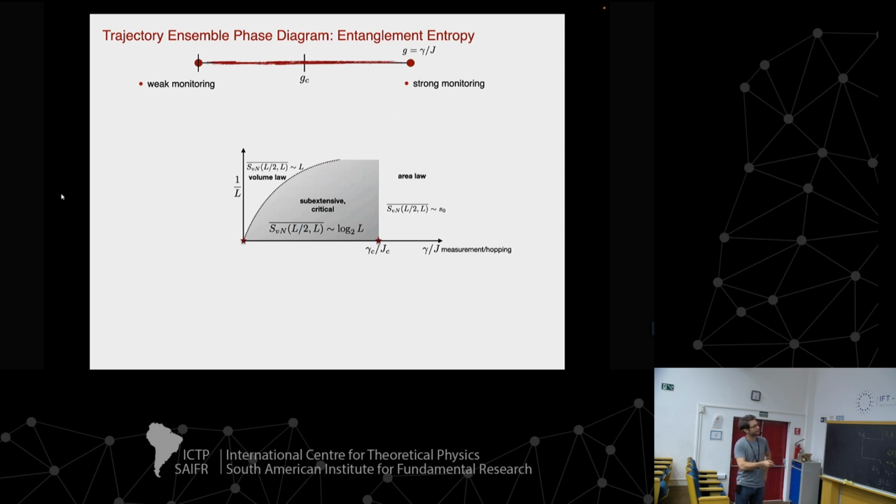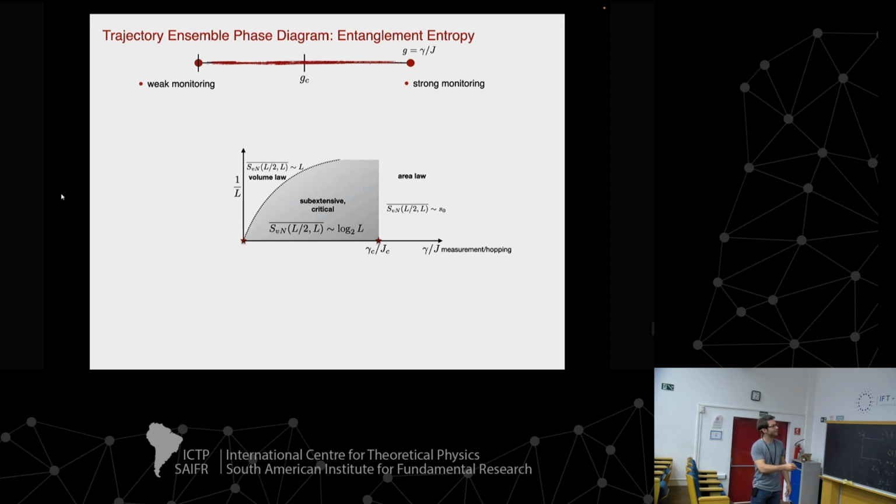This is what one finds numerically here. So on this axis, we have the competition between the measurement and the hopping. So here we are in the weakly measured regime, and what one finds for very large system sizes, down here is the thermodynamic limit on this axis, one finds a log growth of the entanglement, different from this precise point here, where if we are not measuring at all, a volume law type phase where the entanglement entropy scales proportional to system size is really unstable towards the smallest amount of measurement.